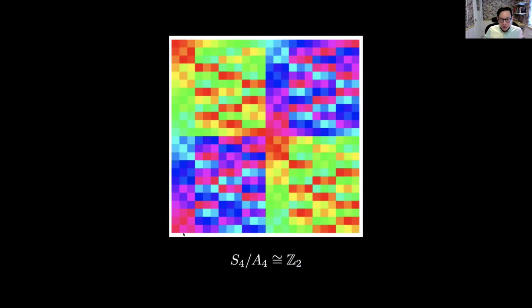And if I rearrange things into odd and even, so I've put all the even permutations on top and the odd ones at the bottom, I see this structure. And it's very intriguing because when you step back far enough, you see 4 blocks. And what are these 4 blocks? Well, these